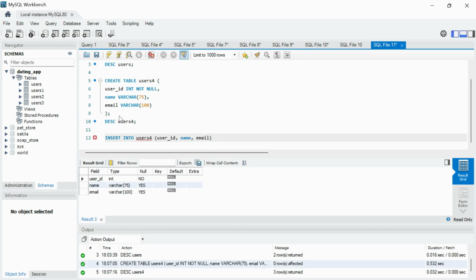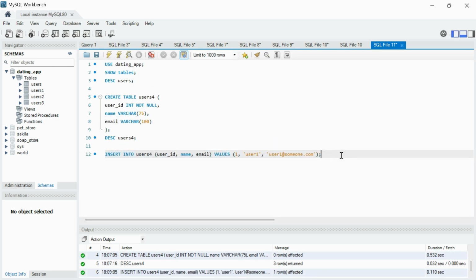Let's say we have some values here: user ID maybe 1, then name is user 1, then we have email as user1 at the rate someone.com, right? If we try to insert it, it is inserted. Now if we similarly create some other entry here,